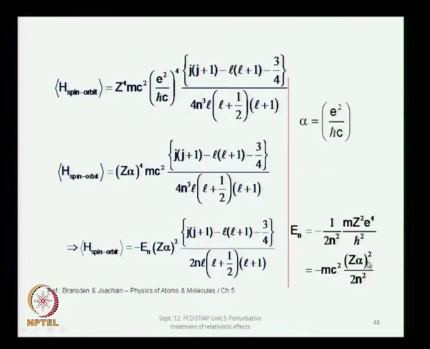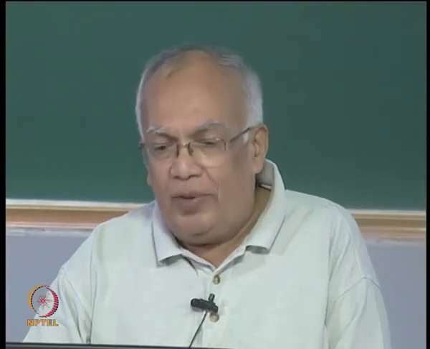So, the energy of the nth state itself is minus mc square z alpha square. So, there are 2 powers of z alpha here, the remaining 2 powers are here. So, this correction is also of the order of z alpha square. So, you see that it is exactly the same order as the relativistic kinetic energy correction. Okay. So, it is quite appropriate that it is included together with that and at the same level. So, this is your spin orbit correction,